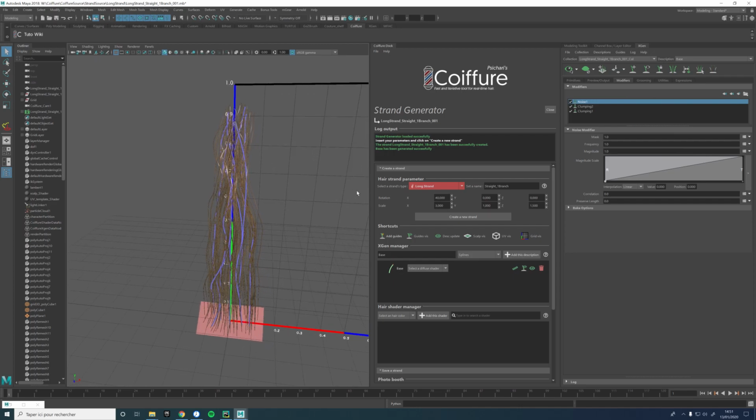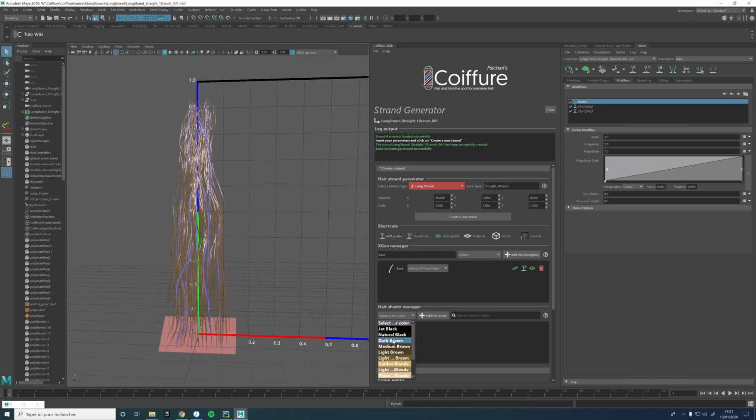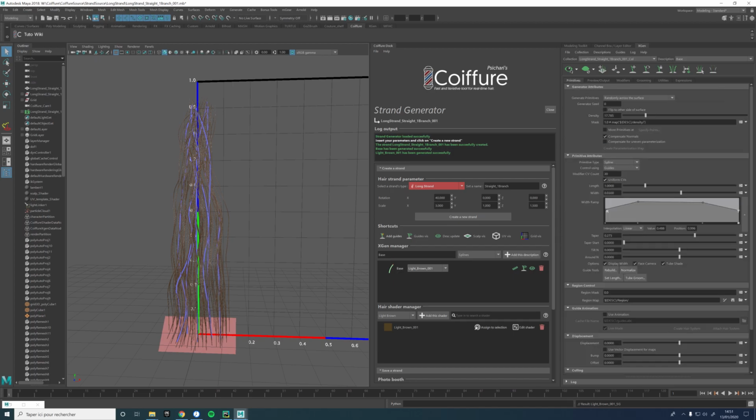Okay, and let's say we are happy with this for now. It's just a demo. So now we will create some basic shader here. You don't need to do it at this point, but I think it's better to have something already set up. And you have some options here, like assigning the shader to a selection or editing the shader. It's up to you. You can tweak what you want later on here, and I will just add a bit